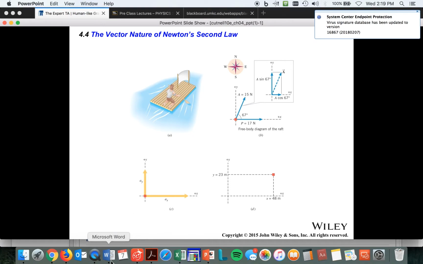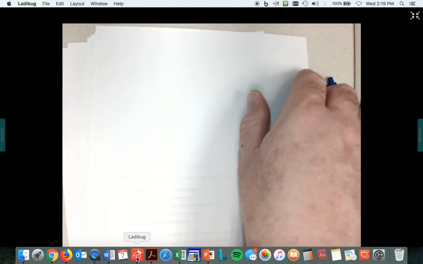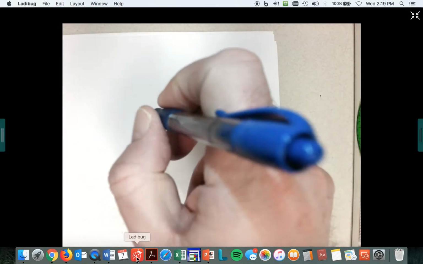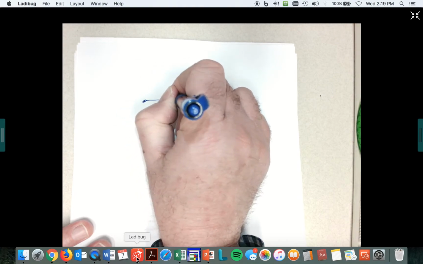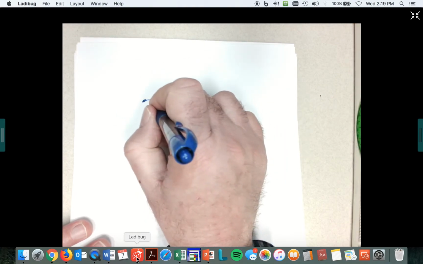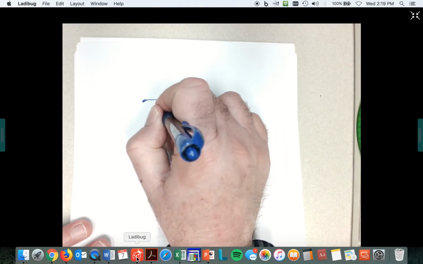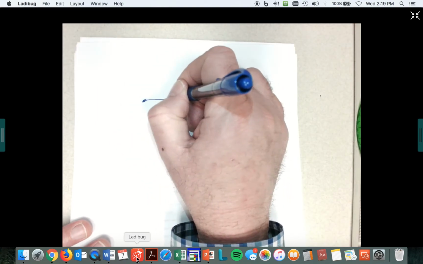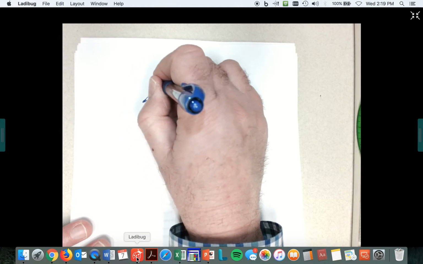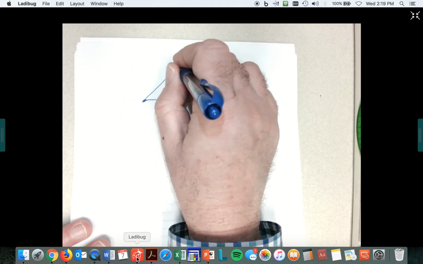Now that I know what they want us to do, they're just looking at the vectors. All right, so sometimes we got to treat these like vectors. In fact, forces are vectors. So here's what they're doing. The guy's cruising along in his raft, and he's paddling this way, or in the p direction, 17 newtons, but he's being drifted this way. He's actually going this way,